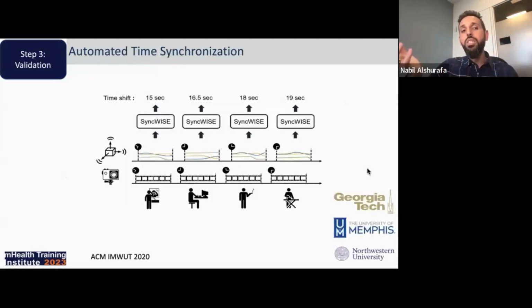So again, this is cumbersome and burdensome, right, to be able to spot these activities and synchronize across devices.